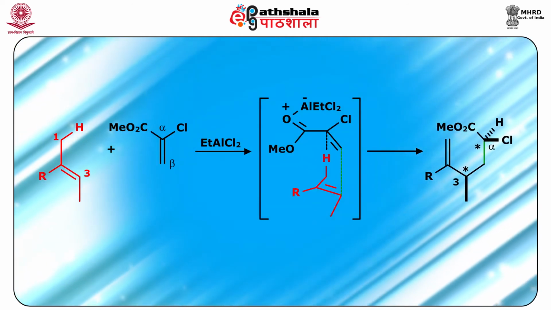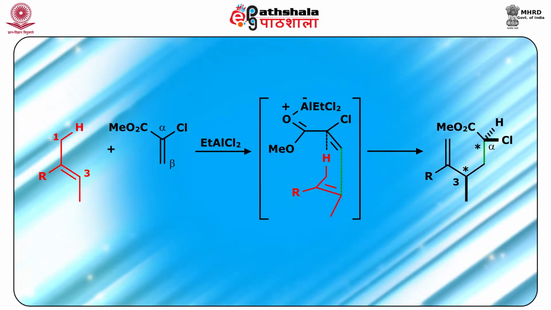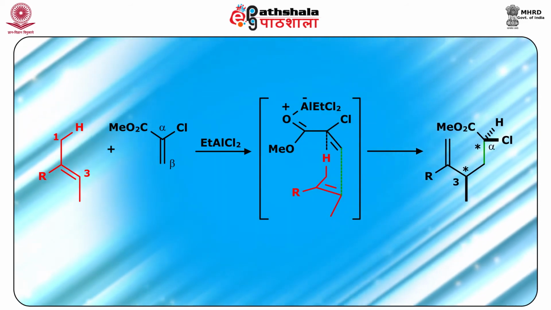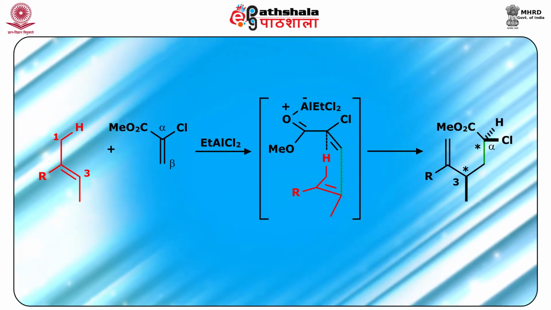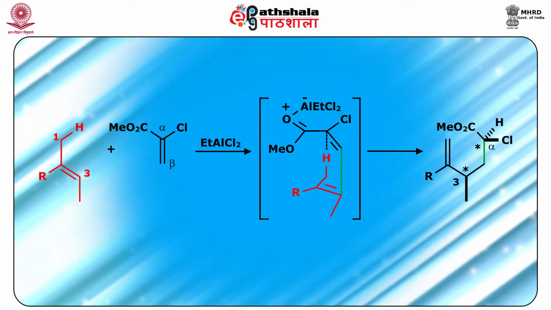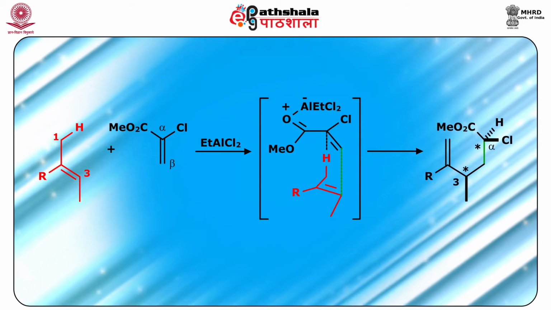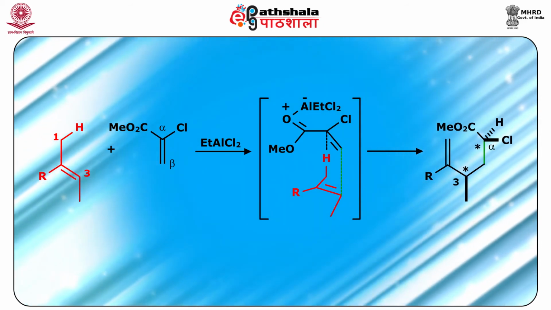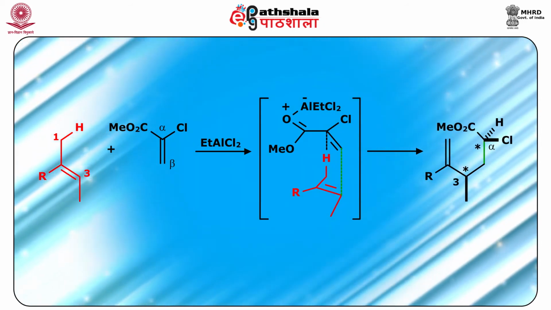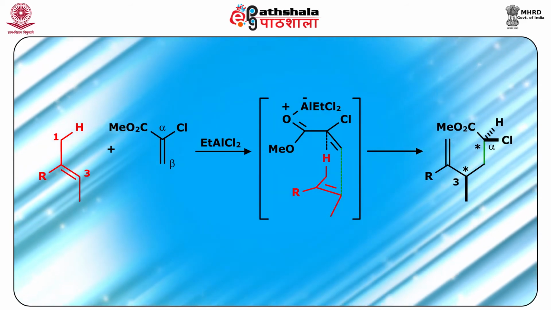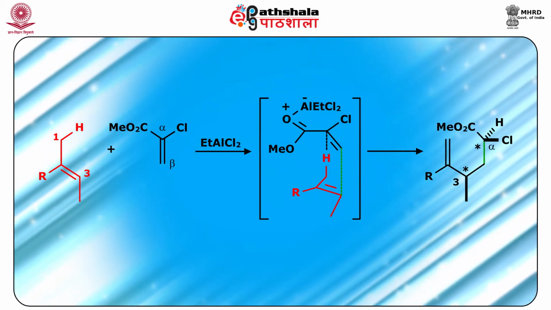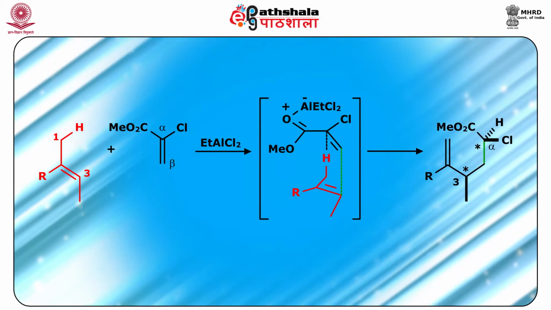When the total number of electrons is a 4n plus 2, group transfer reactions are allowed with all suprafacial stereochemistry. The stereochemistry of the ene reaction is such that the hydrogen atom delivered to the enophile